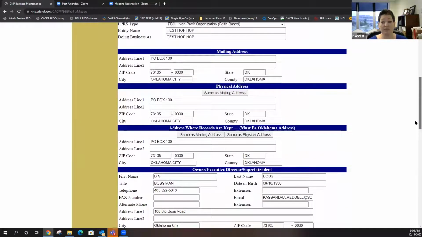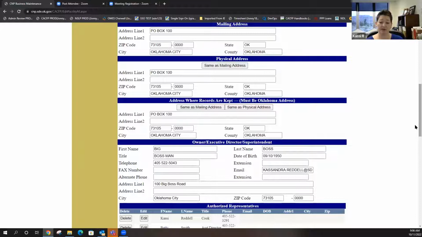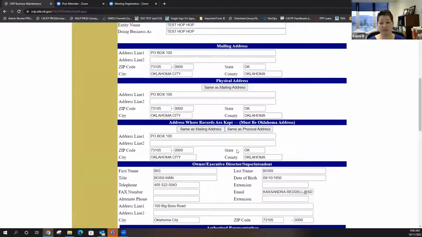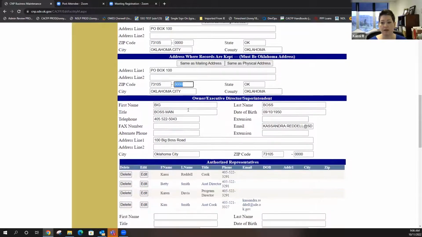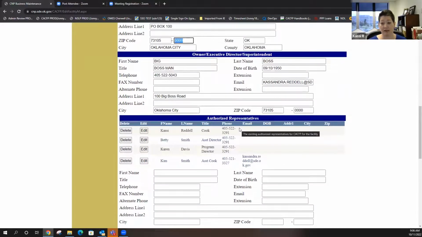Okay, your mailing and physical address, where all your records are to be kept, you can update that. It should always be kept up to date. It's important that we always know where to find you, where to mail your information, and where your records are kept. But we did add these 4 digits. We had to look those up and update them for you. If you happen to know the 4 digits of your zip code and it appears wrong, please correct it, because we have to have that included on everything now.